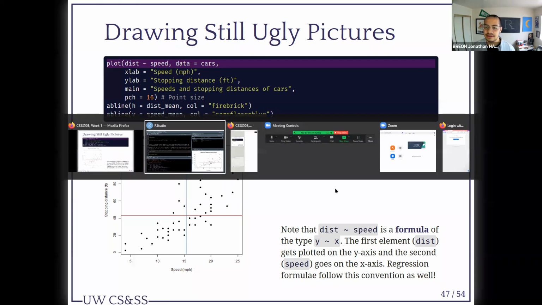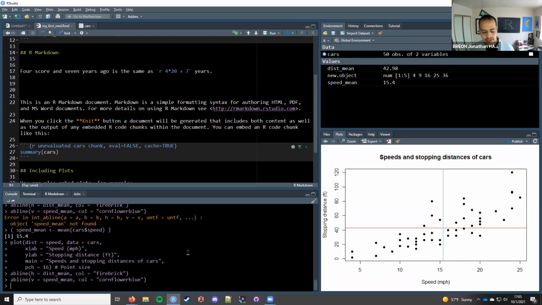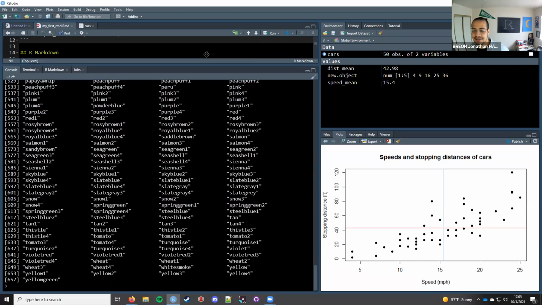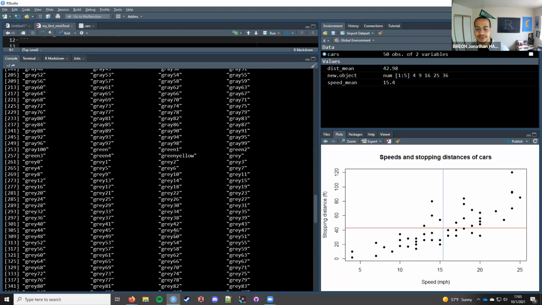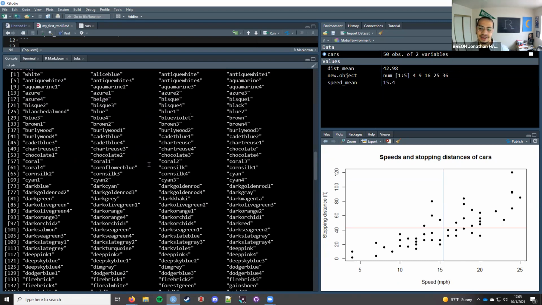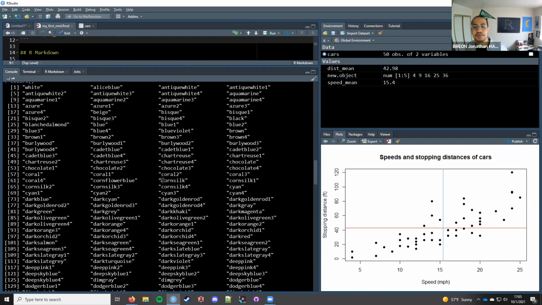I also think, I might remember off the top of my head, there's a colors function. Yes, if you type in colors and don't provide it any arguments, like this, it'll print out in the console what all colors are available to you. But I would still recommend that you look it up so that you don't have to just guess and try to switch in cadetblue1 and compare it to your memory of cadetblue with no 1, for instance.